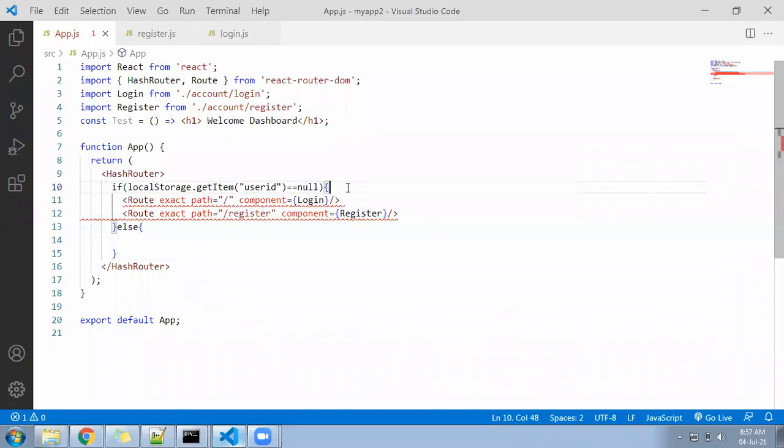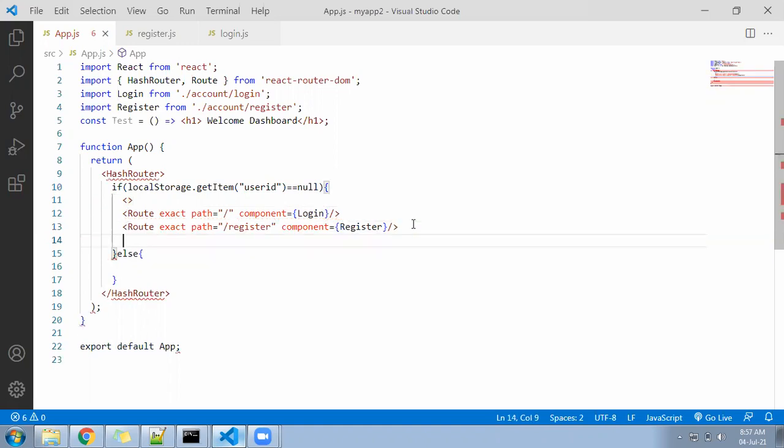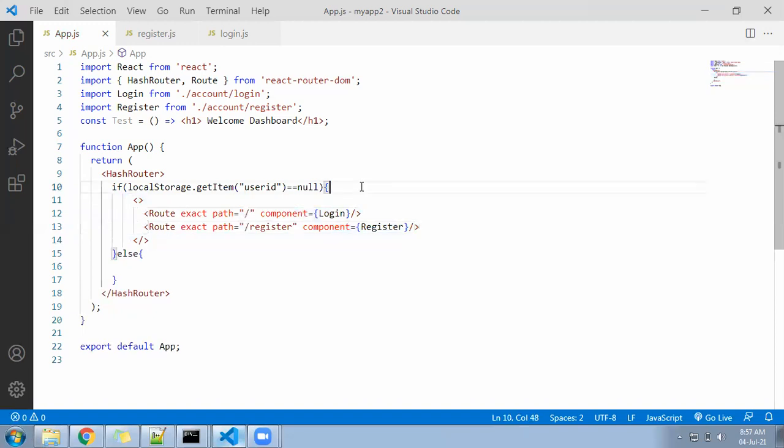I will keep an empty tag as a parent element, open the empty tag and close the empty tag. So we are checking: if userID is null, meaning no one is login, then keep under the routing just the login page itself. Else keep under the routing something else.